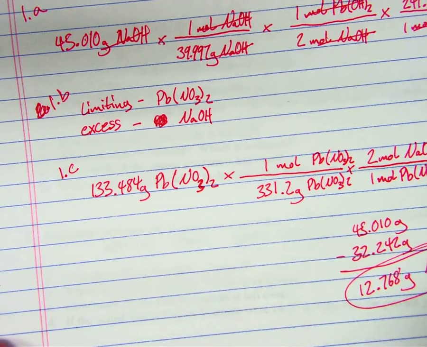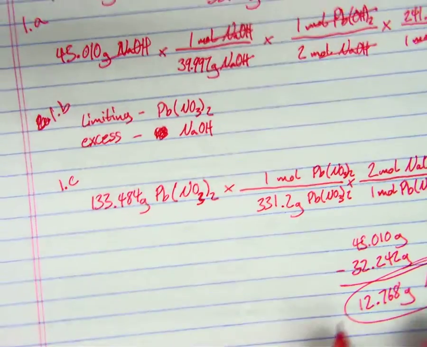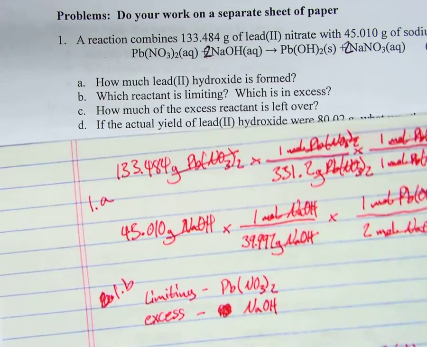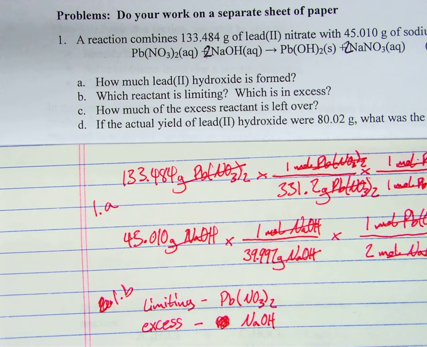So the last step, last part is part D, 1D. Okay, so 1D, let's look back at our problem. Let's go back to it. 1D says if the actual yield is 80.02 grams, what was the percent yield? So